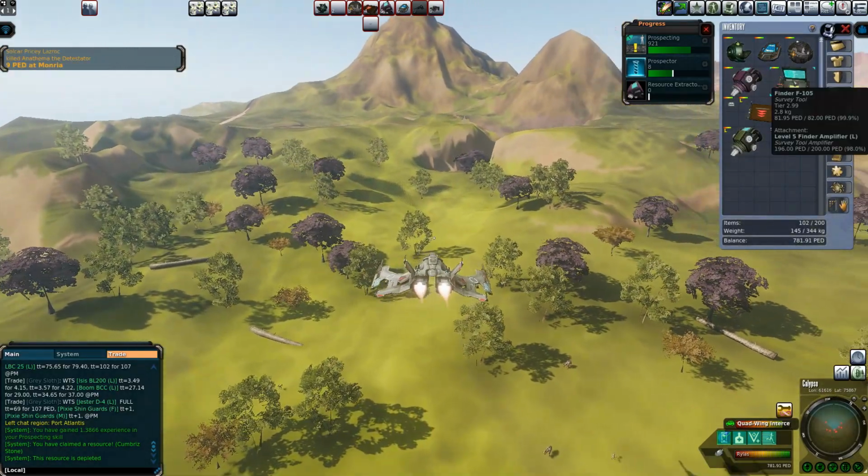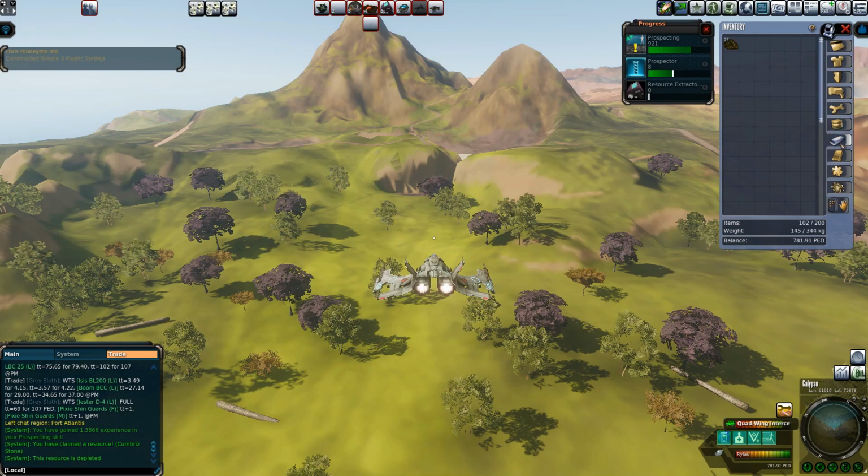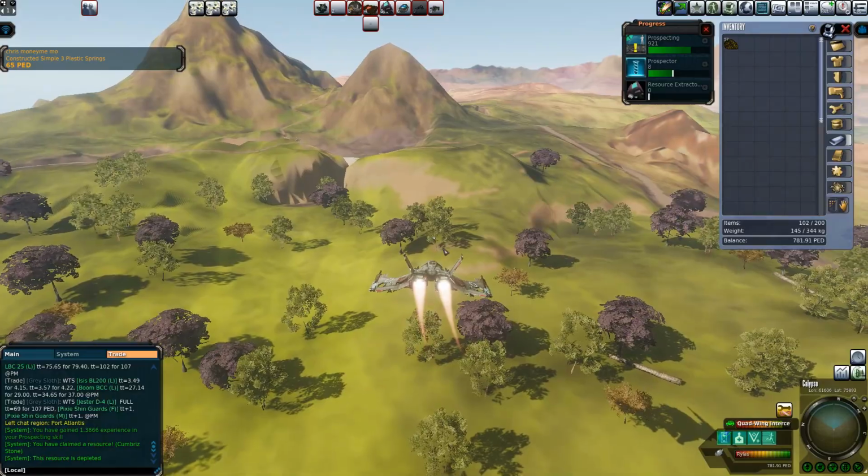So, that's not too bad. So, we lost... it was 4 PED. I was expecting there to be a lot more of a chunk taken out. 4 PED from that. 1.5 from that. No, that's not too bad. I'm starting to see why...